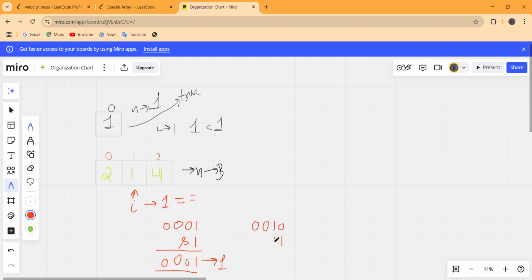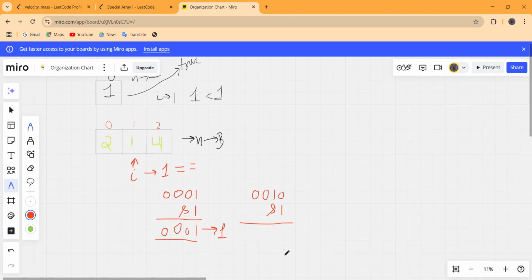Bitwise AND of 2 and 1: this 1 and 0 is 0, and there are also 0s till bit 31, so this will generate 0 as the answer.